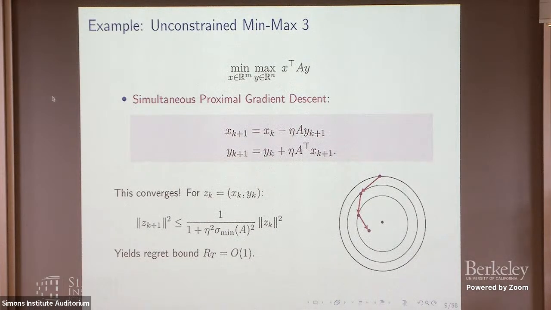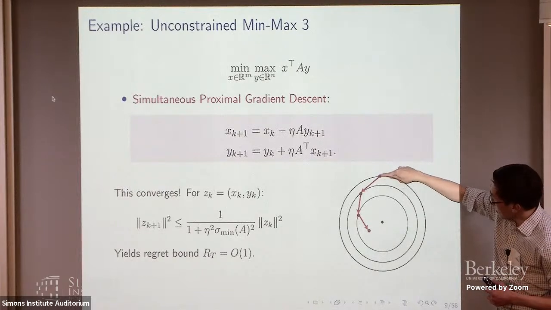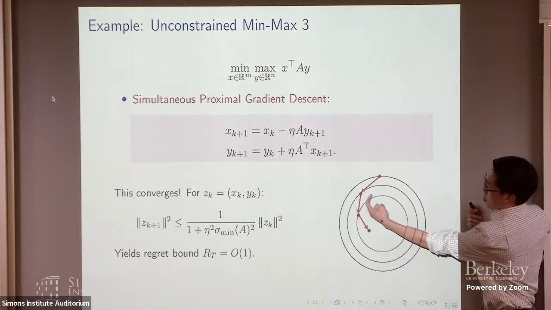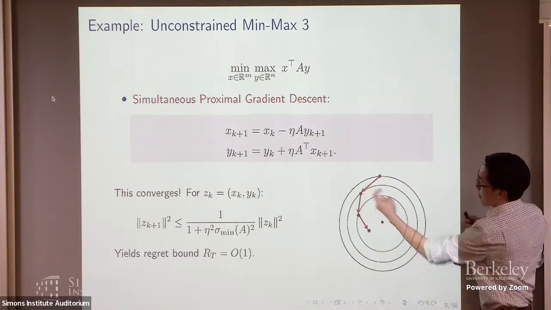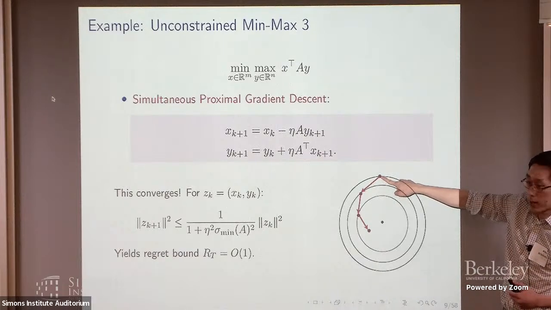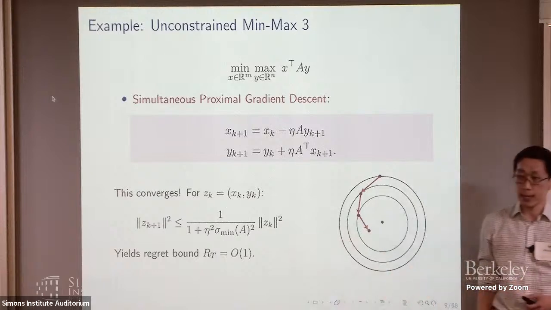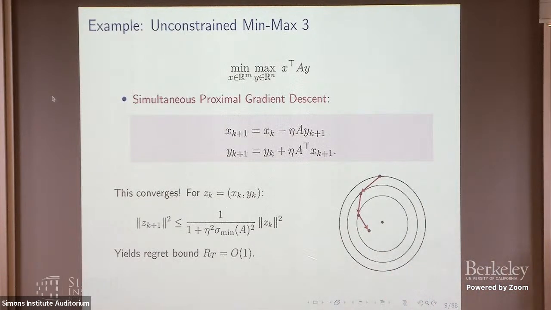Instead of diverging, instead of cycling, it actually converges, in some sense because of the opposite reason of the forward method. The backward method is what you get if you run the forward method with negative step size, basically. So here, if you start here, then you want to find a point such that if you were to take the opposite velocity, you would have ended up where you are. So you always go inside, and you can check your radius is decreasing in each iteration. And this also gives a constant regret.